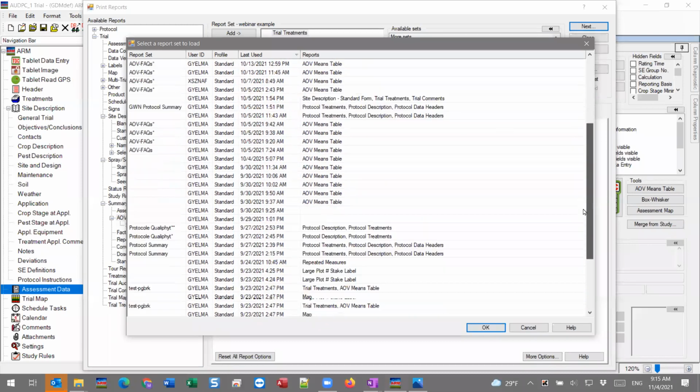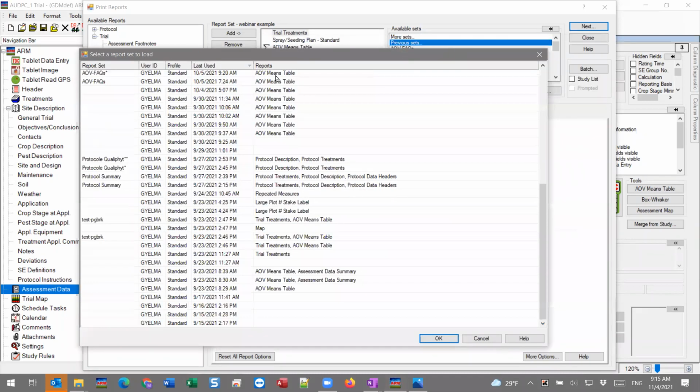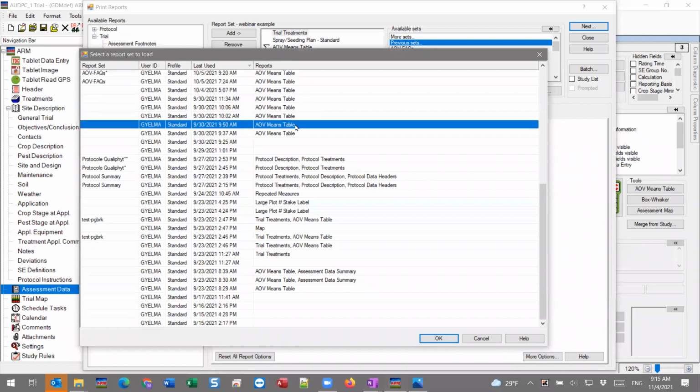So every time that you generate a report from this dialog and you press next to actually create the report, ARM actually saves the report set, whether you've given it a name or not. So in this case, I have given it a name, and so it's already saved as a file. But here, a few days ago, I generated an AOV means table, and I did not give it a name. The nice thing is ARM actually saved that set. So all of those options that I had when I generated that report was actually saved here in this previous